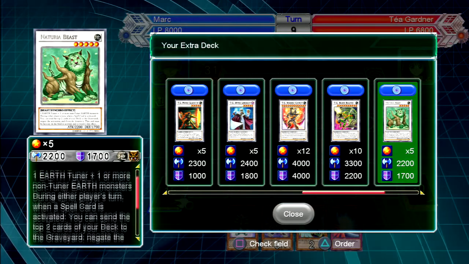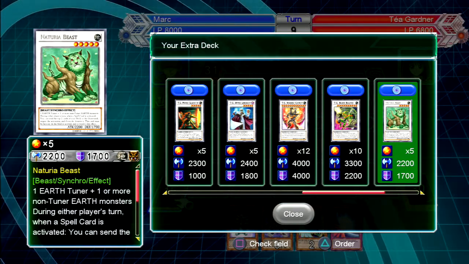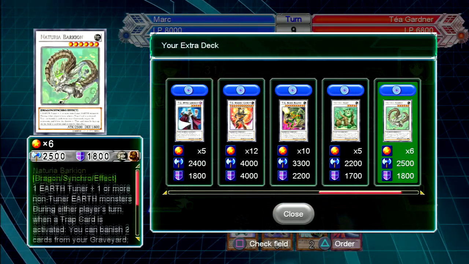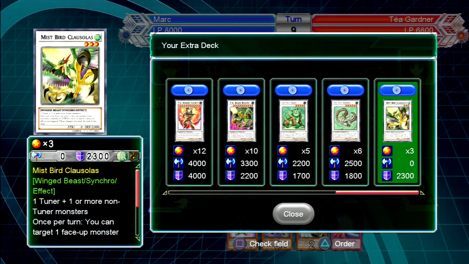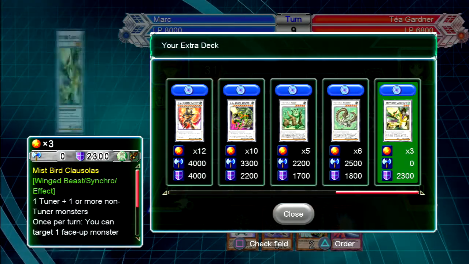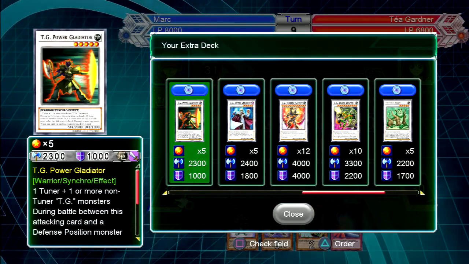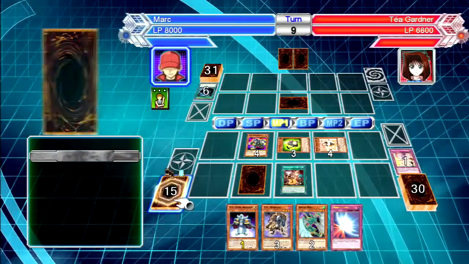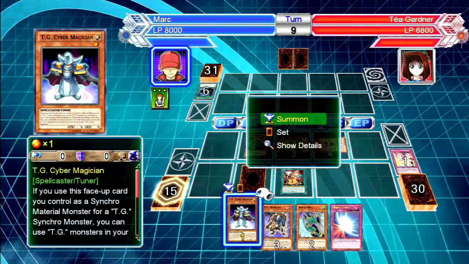Naturia Beast. Naturia Beast is good for spell cards. Naturia Barkion. Yeah, my best bet would probably be to go for Librarian or maybe a Gladiator, or maybe Wonder Magician. So if you control a face up,